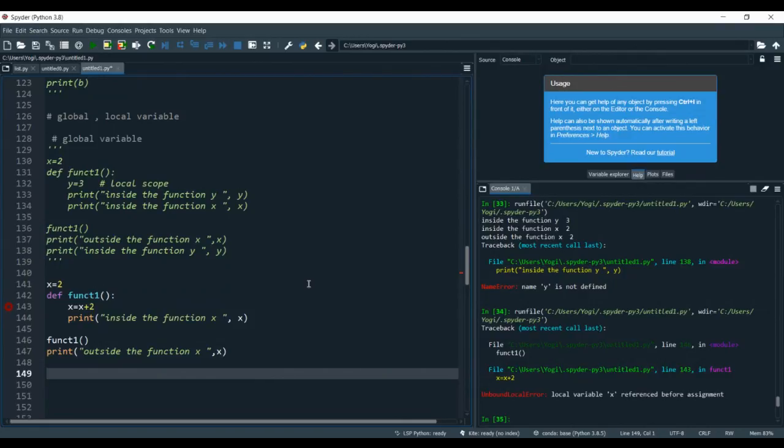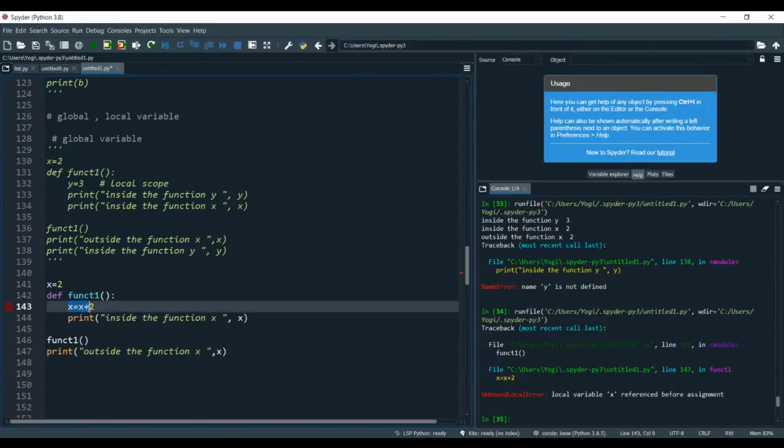It means I need to define a variable inside the function. After that, I can make changes. If I had written x is equal to 3 and after that x is equal to x plus 2, it would have worked. But right now, no value for x is defined, so it is giving the error because I'm trying to change the scope of a global variable.